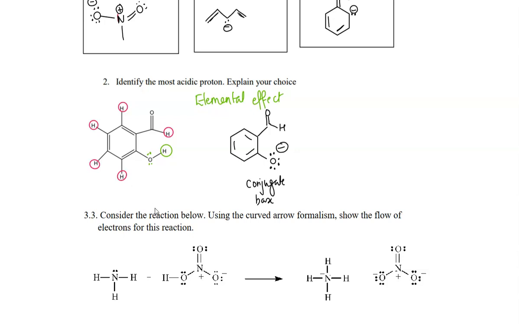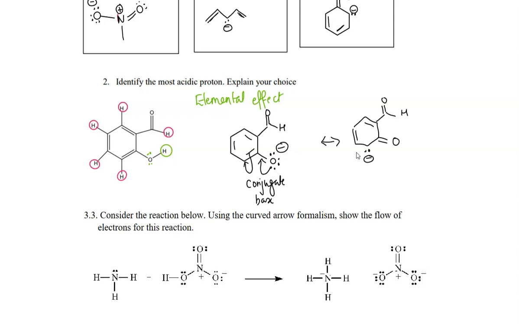This conjugate base can actually be stabilized by resonance. How? This pair of electrons can move over here. Simultaneously, you can break this pair of electrons and leave it over here, so you can get multiple resonance structures. One of them I can draw is the one with a double bond to this oxygen atom, but then the pair of electrons is residing on this carbon